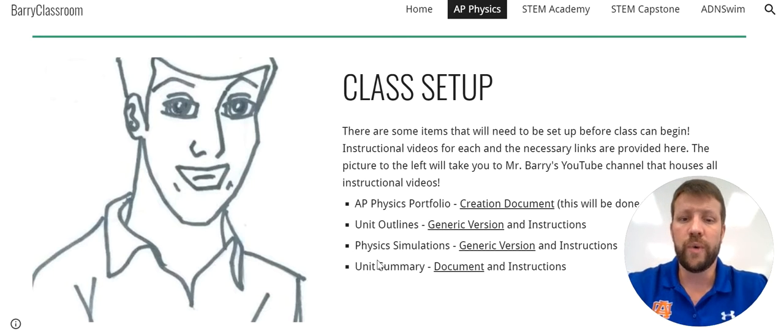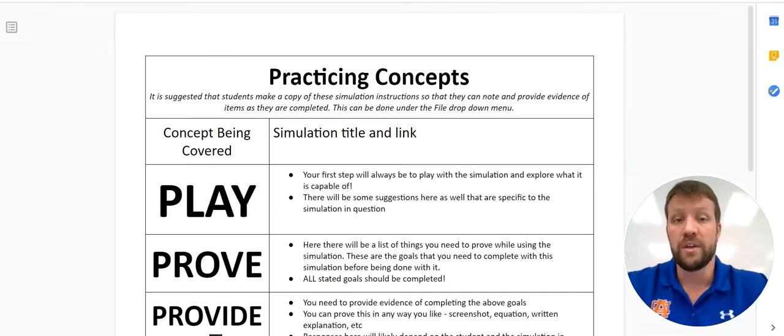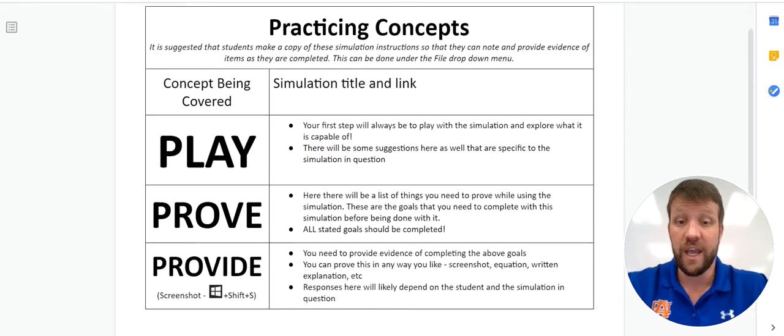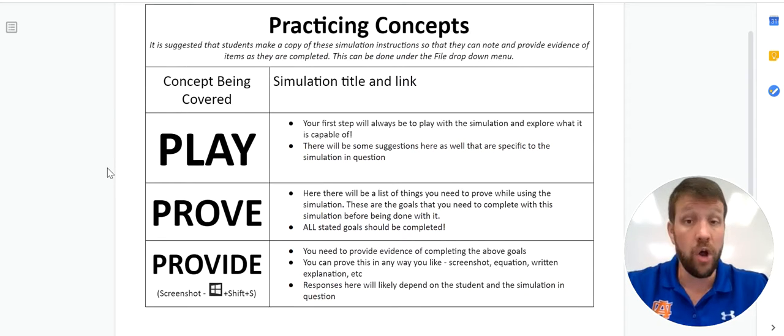I'm going to talk to y'all real quick about your physics simulations and how we're going to run through sims specifically for online learning, remote learning that we're all doing here in the fall of 2020. I just want to make sure you know what the layout of this document will look like and how to use it. So you're going to end up with this play, prove, provide setup for all simulations that we're going